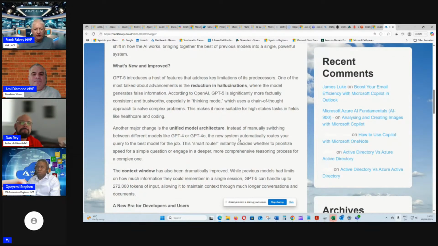Another change is the unified model, and that Amy, you had that up there earlier, the kind of architecture of the way it works. Instead of manually switching between different models like GPT-4 or GPT-4o, the new system automatically routes your query to the best model for the job. This smarter router instantly decides whether to prioritize speed for simple questions or engage in a deeper, more comprehensive reasoning